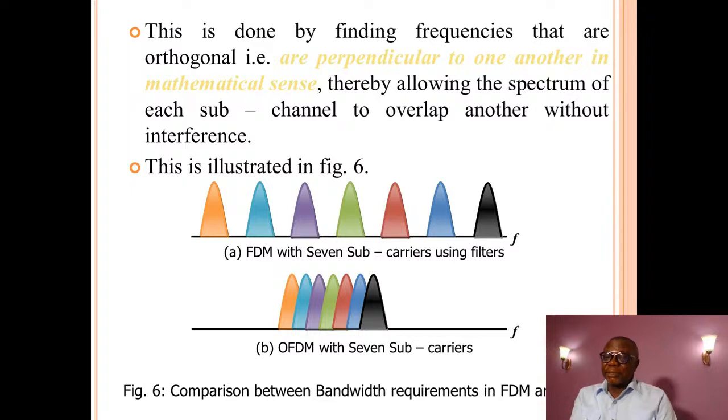When we say that something is perpendicular in mathematics, it means that this one is going horizontal, this one is going vertical, so there's no meeting point. When we do that orthogonal manipulation of the signals,